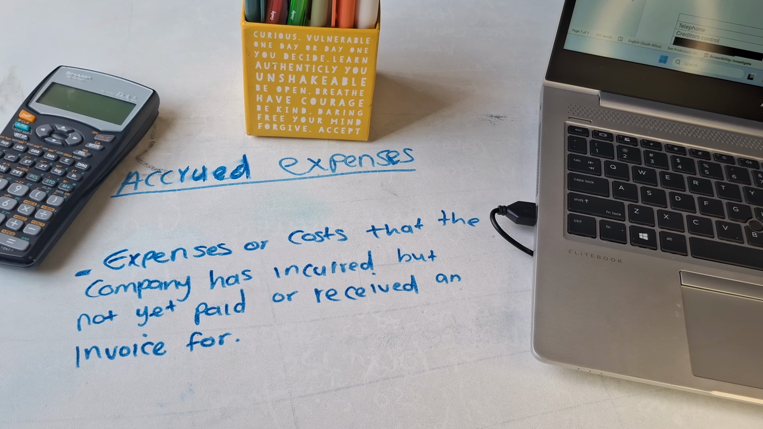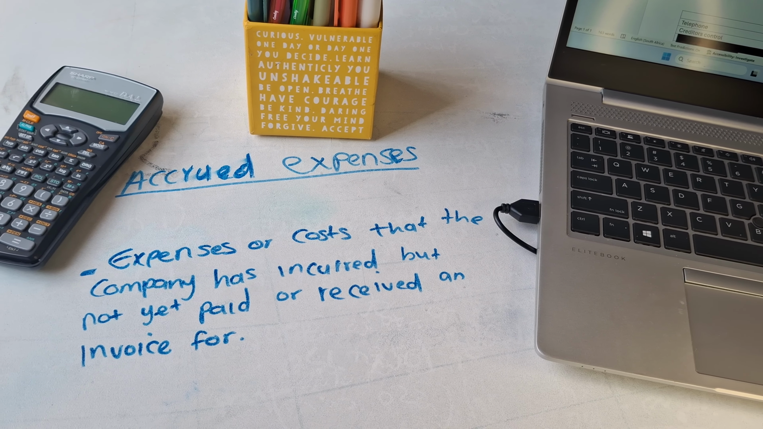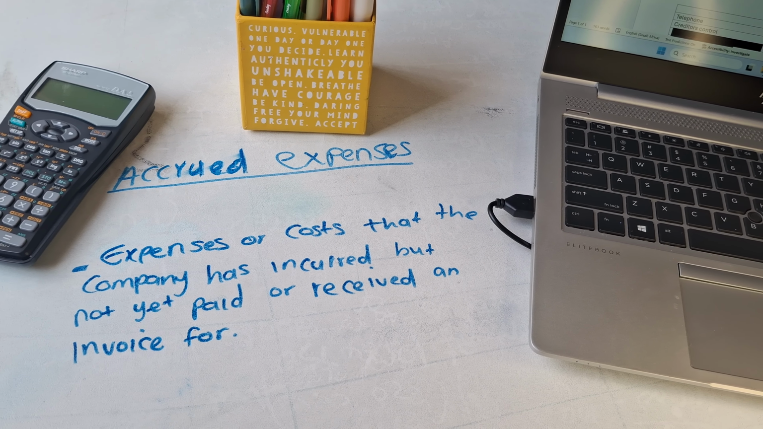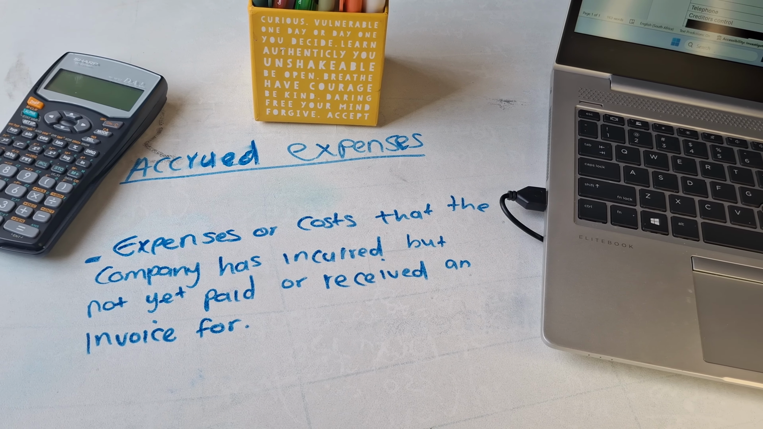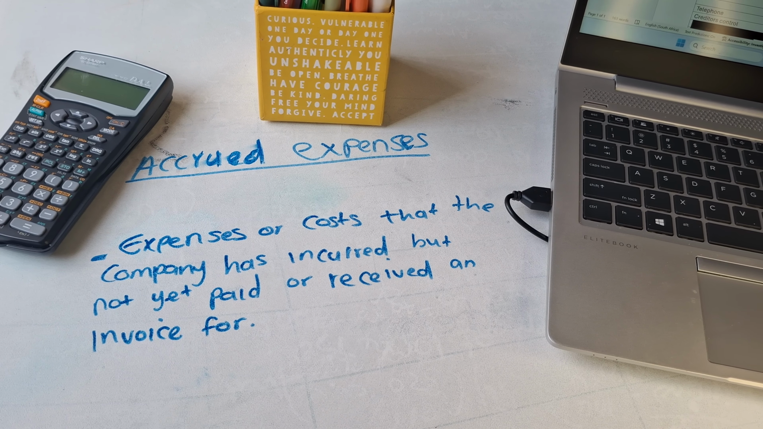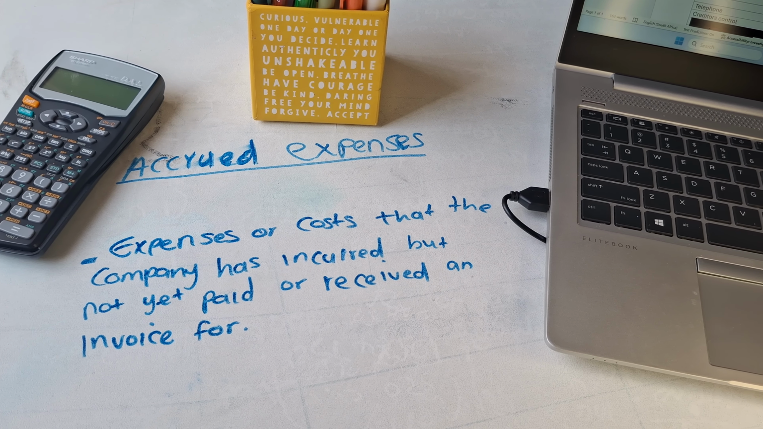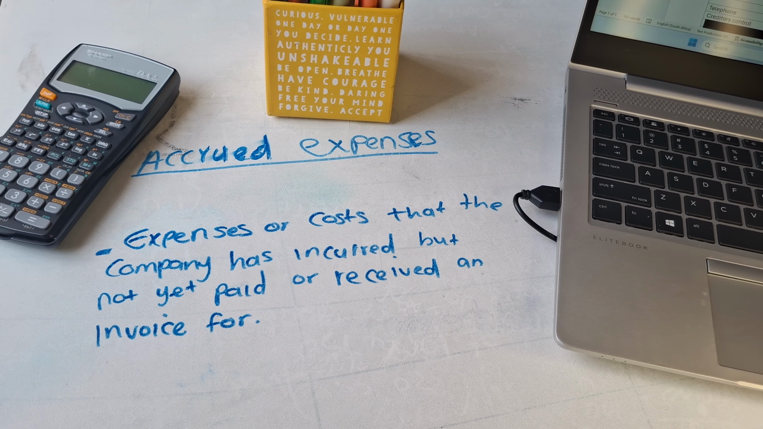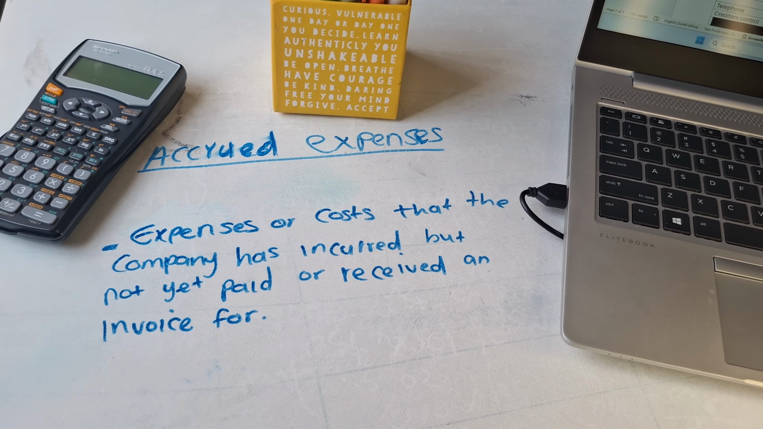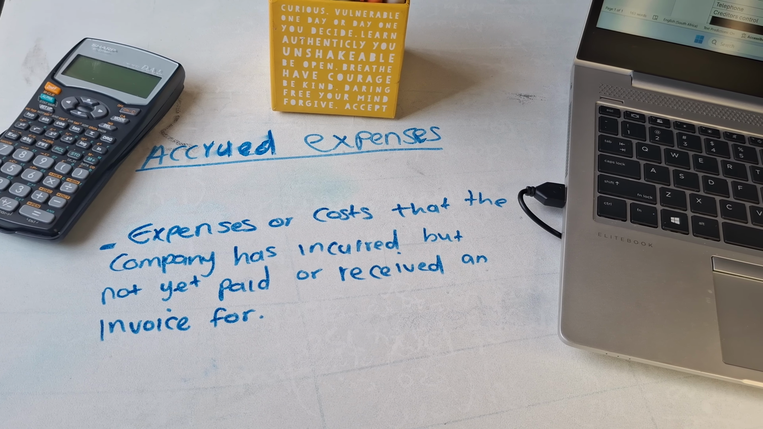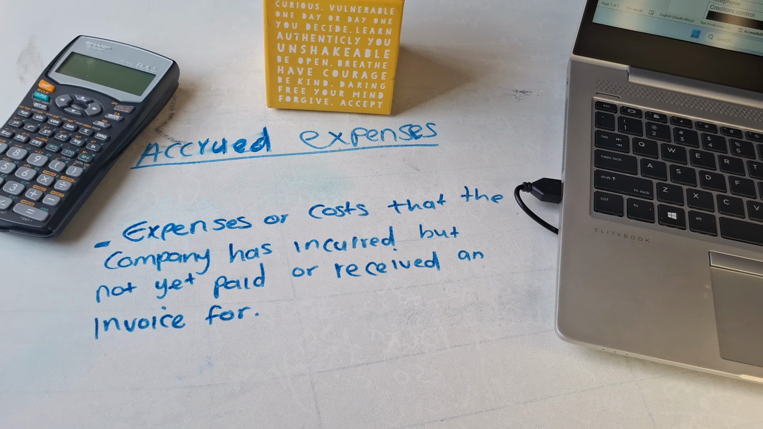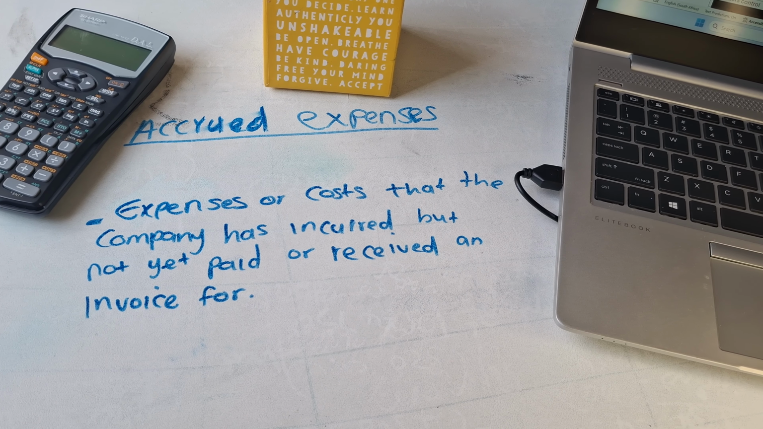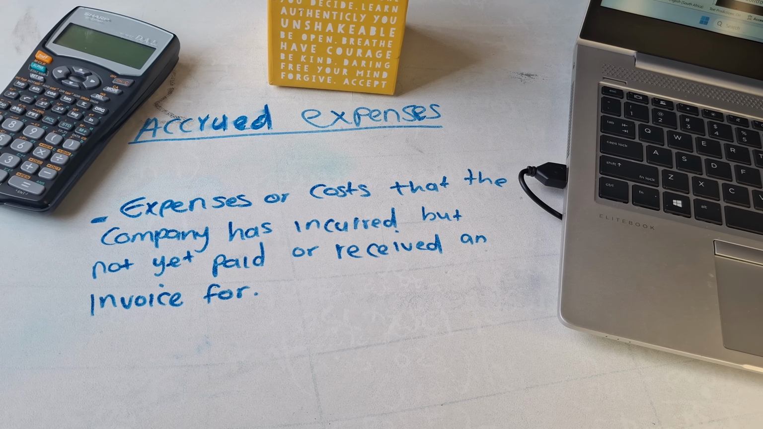So last week we looked into details as to what accounting adjustments are and why they are important. In this video, we will be looking at one of the accounting adjustment concepts called accrued expenses. Accrued expenses are those expenses or costs that the company has incurred but not yet paid or received an invoice for. So the company has enjoyed the economic benefits on these expenses, but they still have not paid them